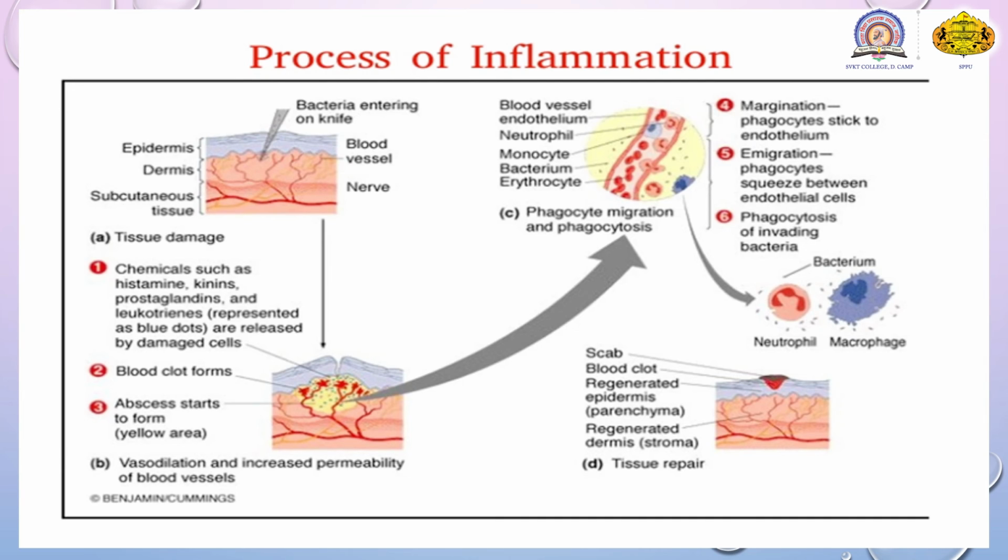The damaged arteries or blood vessels are further prevented from bleeding, because blood is very important for the life of the organism. That's why, to prevent further loss of blood, blood clot formation takes place by the clotting or hemostasis process. And in that area the tissue fluid starts to accumulate, called an abscess, where swelling takes place due to the accumulation.